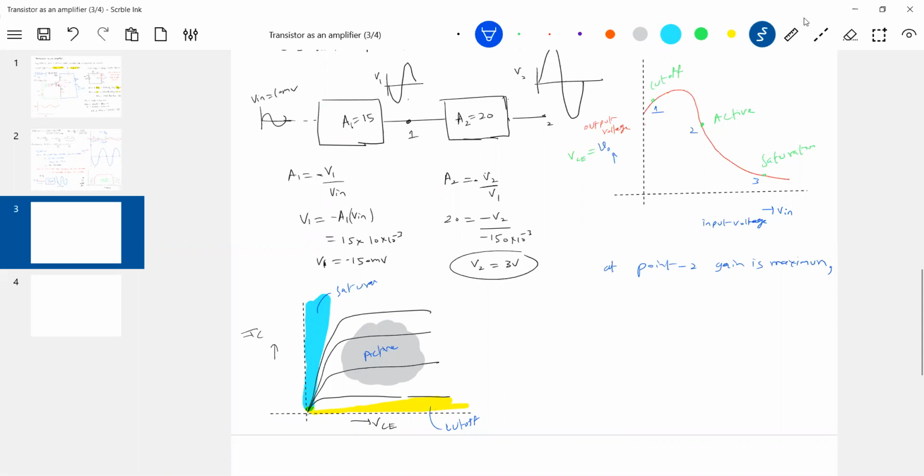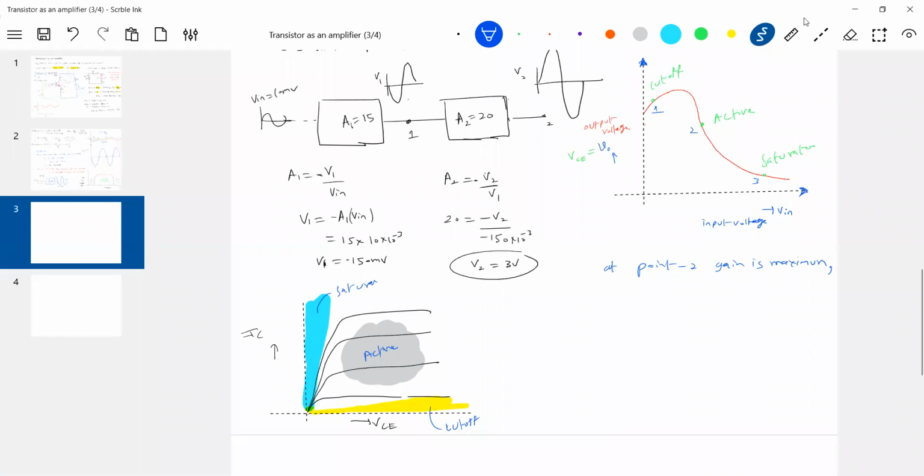So how can you see it's the active region? We know in the active region VC should be half of the maximum permitted value VCC. Look at this point. It is half, no? This is the maximum permitted value of VC, it will be half of it. So therefore, this is the active region. They may ask you a graph of this kind. It's not in the NCERT book, but some related CBSE books have discussed it, or you can refer to any semiconductor devices book. Like we discussed, this is the most important graph.